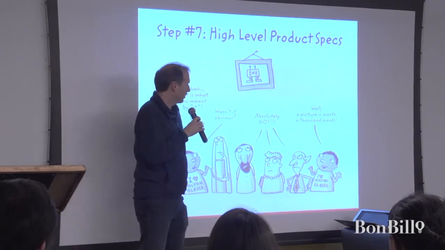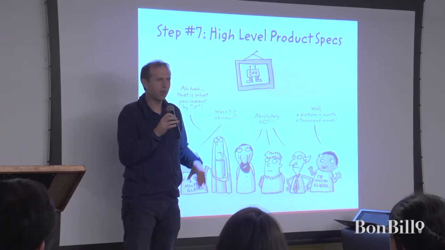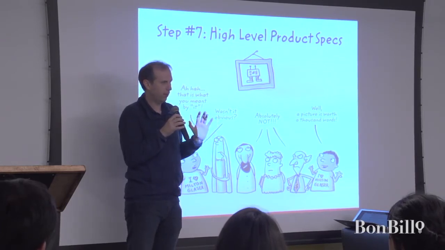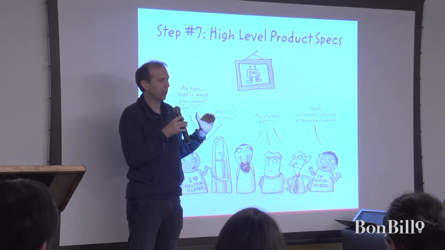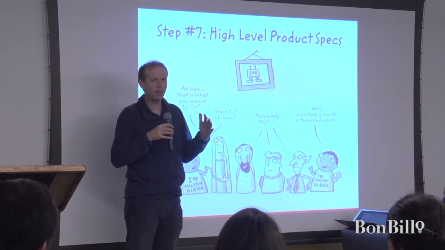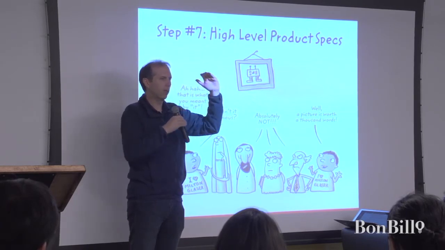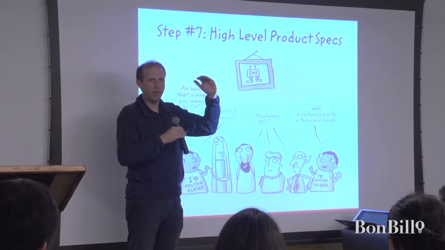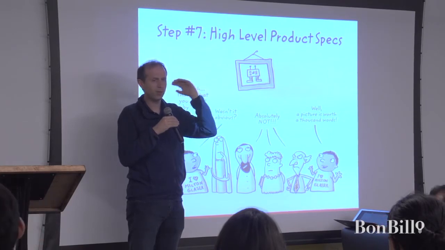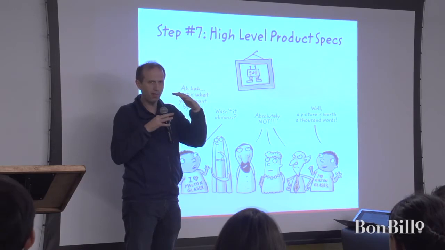So the next phase is describing the high-level product specs, okay? So what you want to do is be able to convey to your customer exactly what your product does, why it's better than what they have already, kind of what it looks like. Okay, so you can think of it as being a flyer. The flyer describes the product and what it does, how it compares to what they have already, whether that's savings on cost or savings on time or savings on whatever, and then you're giving them some indication of what it